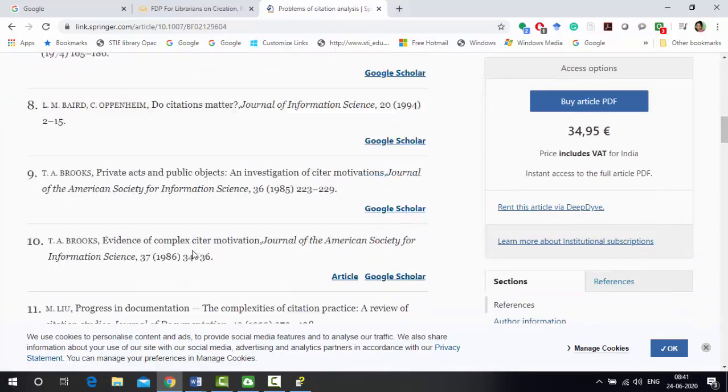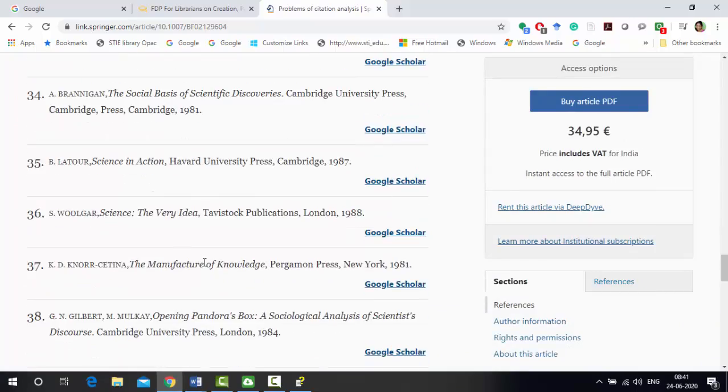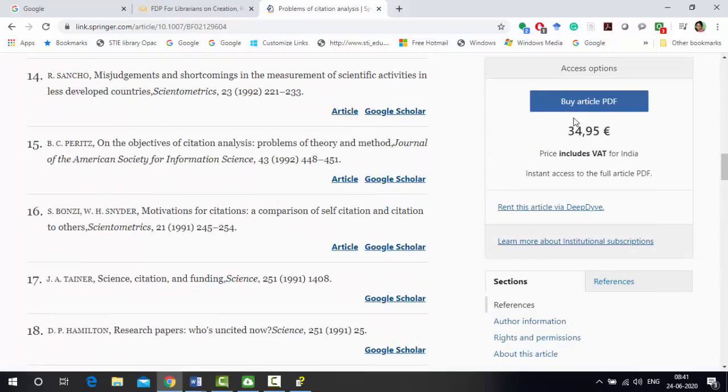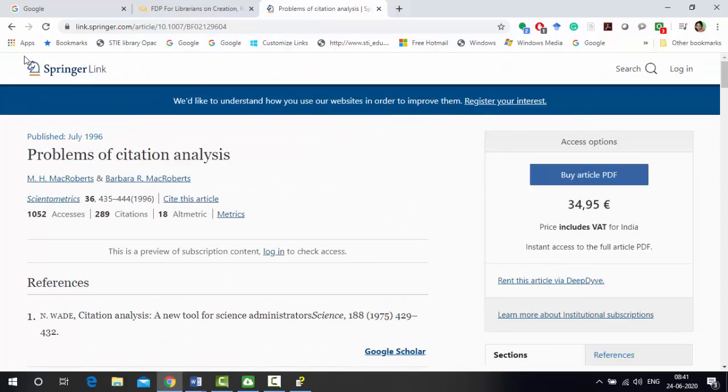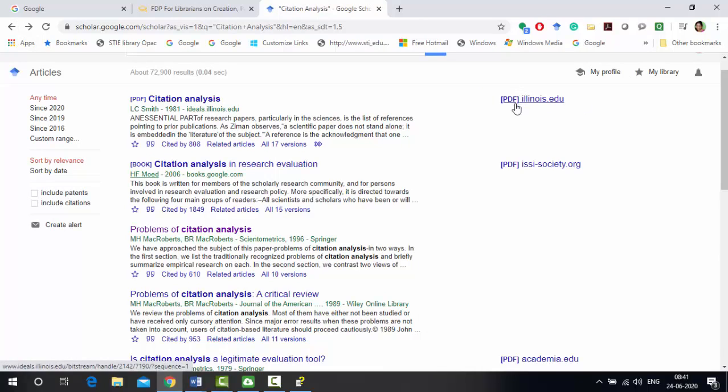See, references they have given here. See here, you have to buy this article. So what I was telling you, if you want full text articles, then wherever PDF, HTML is written, that's a full text article. You can open it and you can go through the article. You can use that in your research referencing.